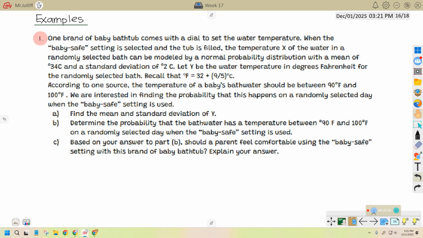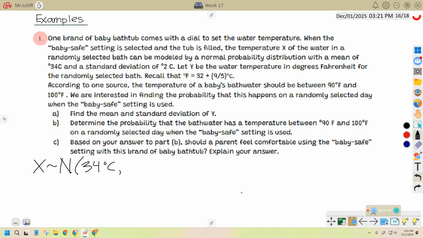So they threw a lot of information at us. First thing I know after reading that is clearly this baby bathtub was made somewhere other than the US, because it's made using Celsius, and we don't use Celsius here, unfortunately. So they tell us that the temperature in the bathtub, X, is normally distributed with a mean of 34 degrees Celsius and a standard deviation